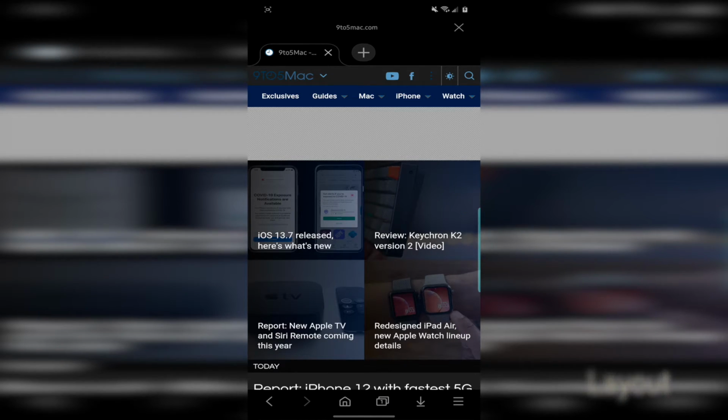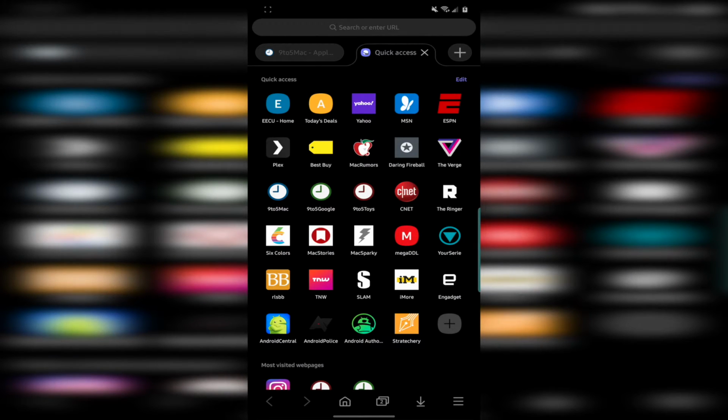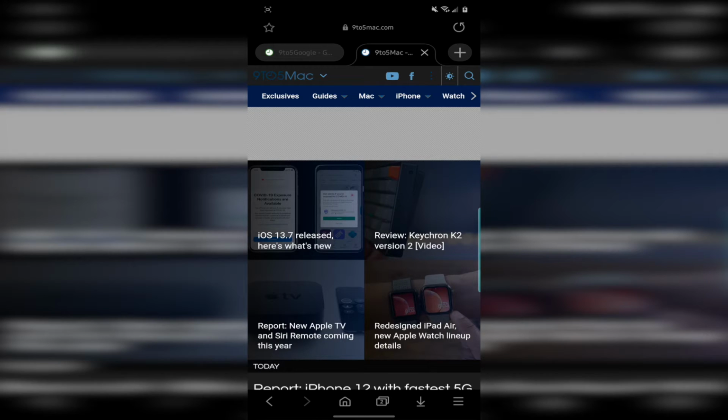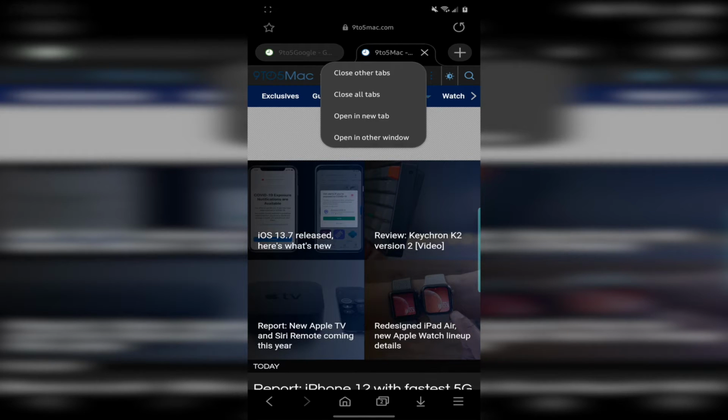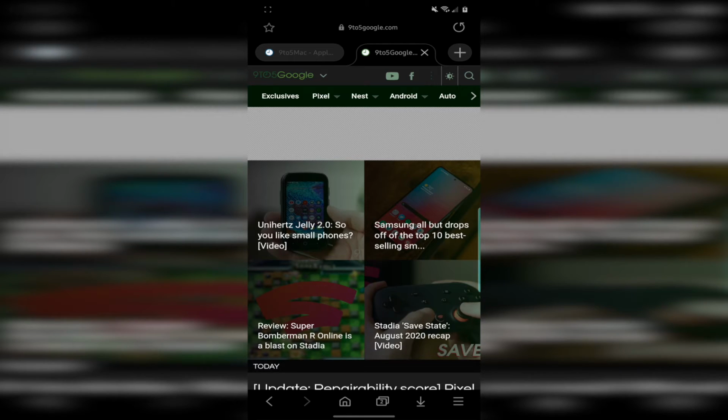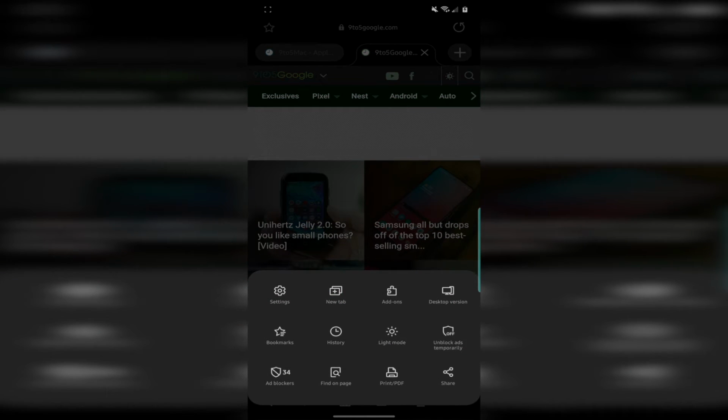Just look at it, having the web address up top, then tabs below it, accessible at any time. You can move it and arrange it however you see fit. Compared to how Google Chrome does their tabs, you have to tap the tabs icon to access it. And then the way Samsung browser does its menu bar below, where you can customize it however you want. It's not really much to be said about the layout, but it's one of those power user features. Some might want more of a clean approach, which is customizable. You have that option. And now, if I go into the settings, I have the option to hide the status bar,